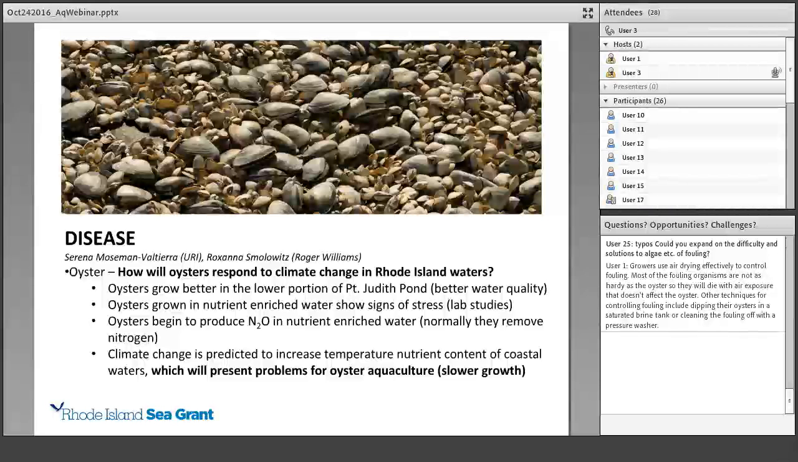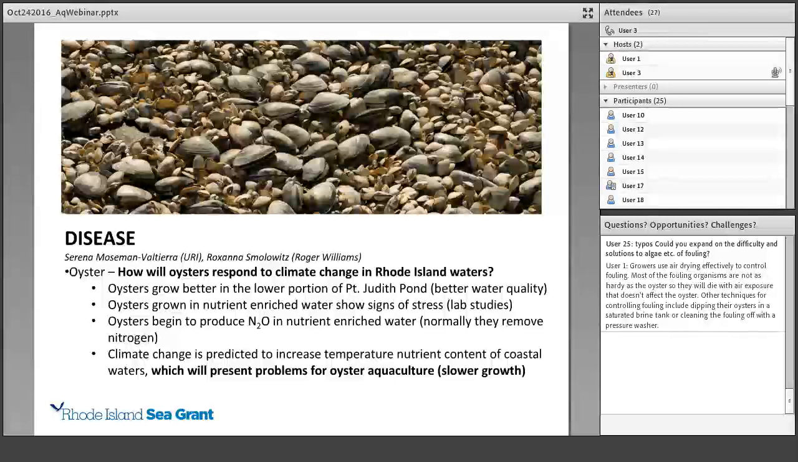that can cause very stressful conditions for the oysters, which reduces their growth, which is not a good thing from a grower's perspective. One of the things she is finding, as she's doing these studies in the laboratory, is that in heavily enriched waters, normally oysters remove nitrogen from the water, but under more enriched and problematic conditions, they can turn around and actually start doing the opposite of that. She's also finding that under some of these stressed conditions,